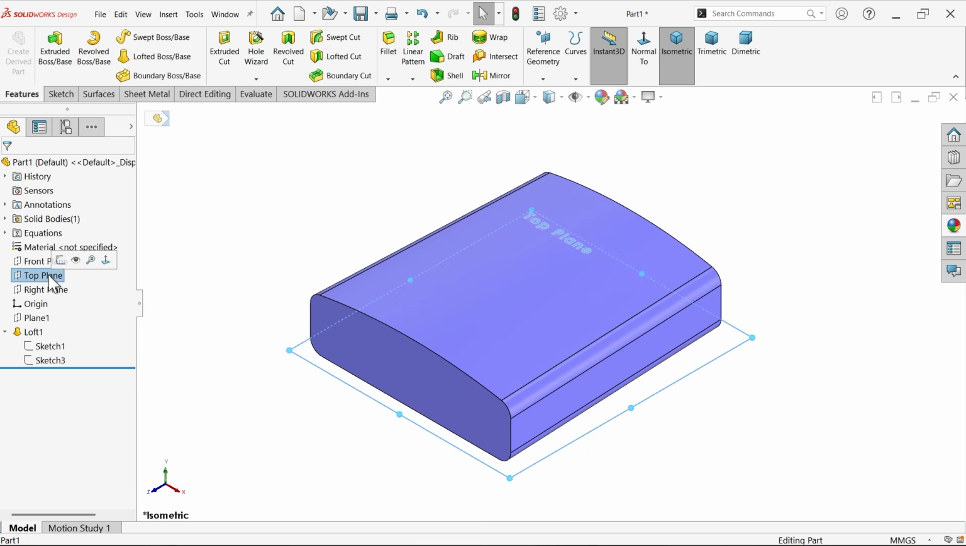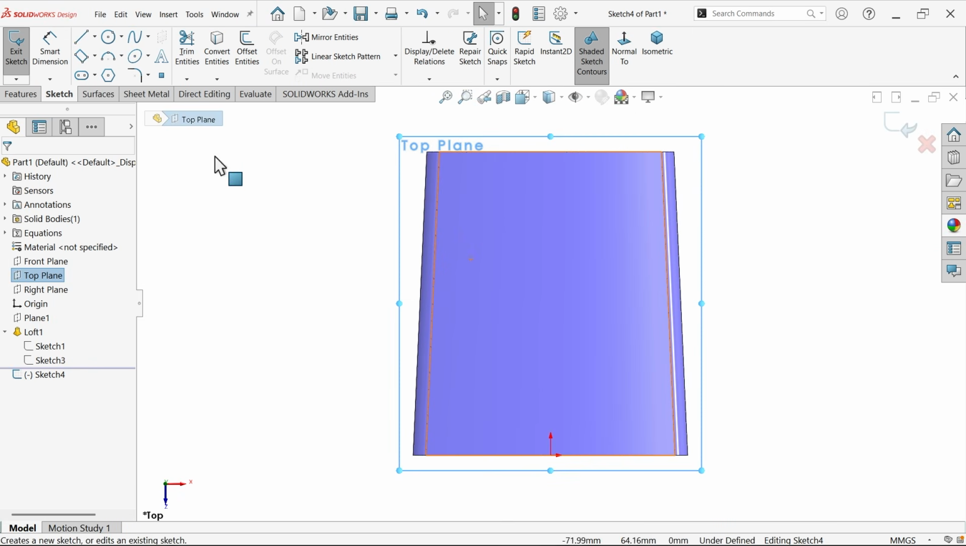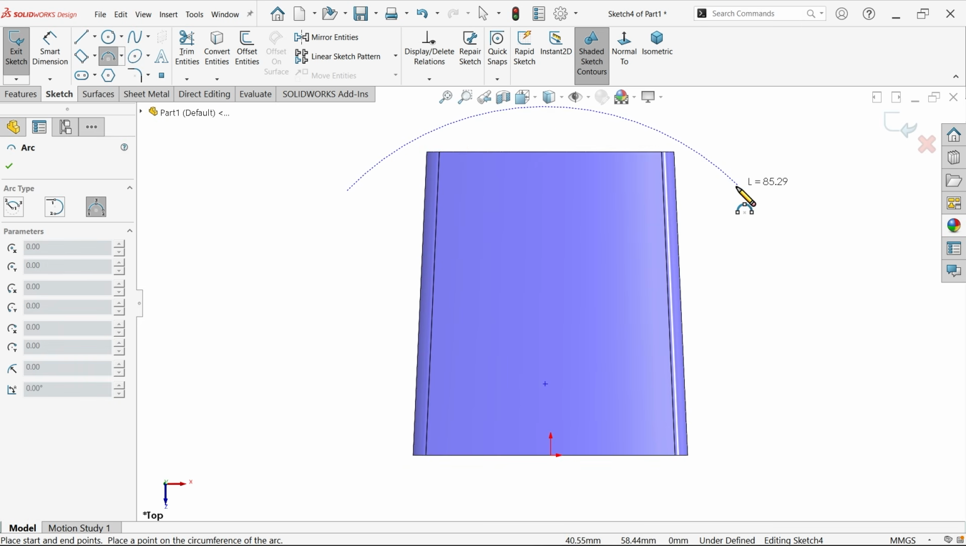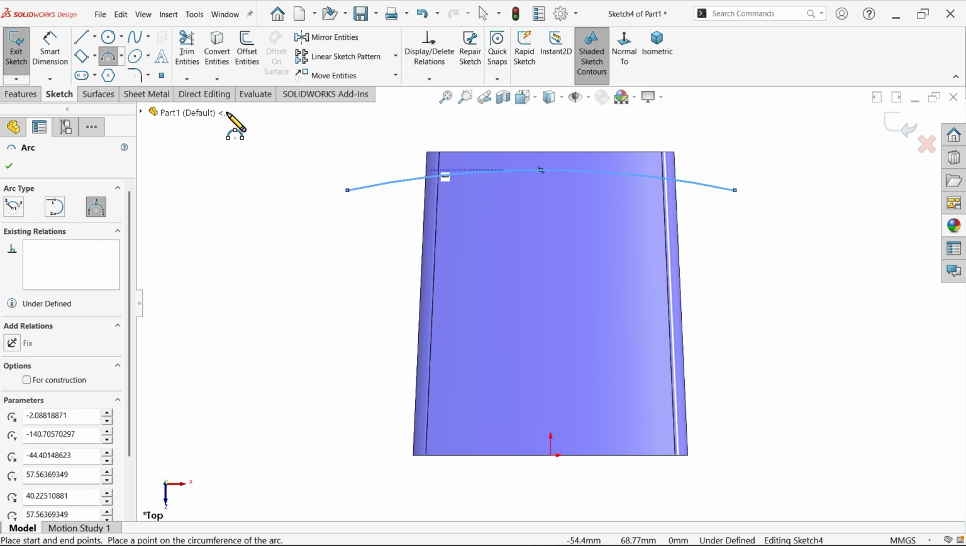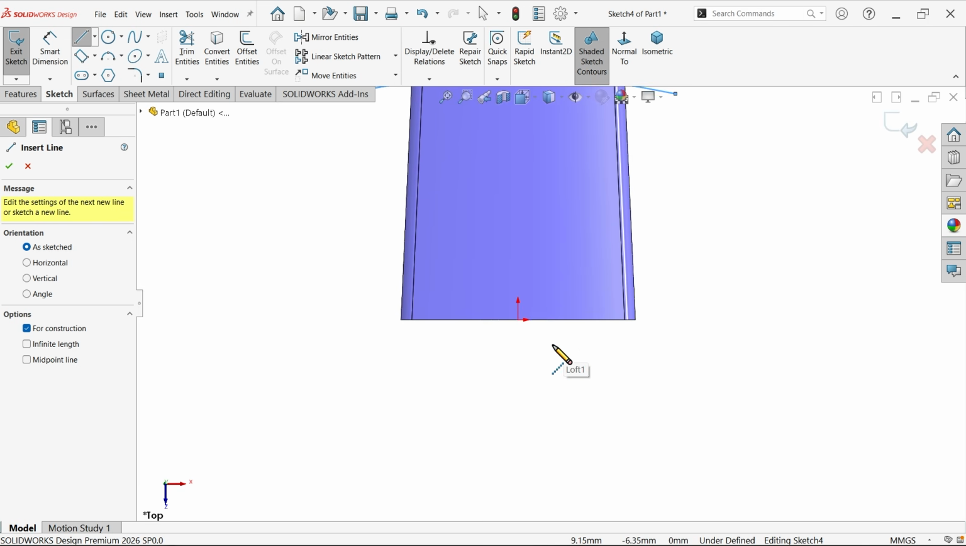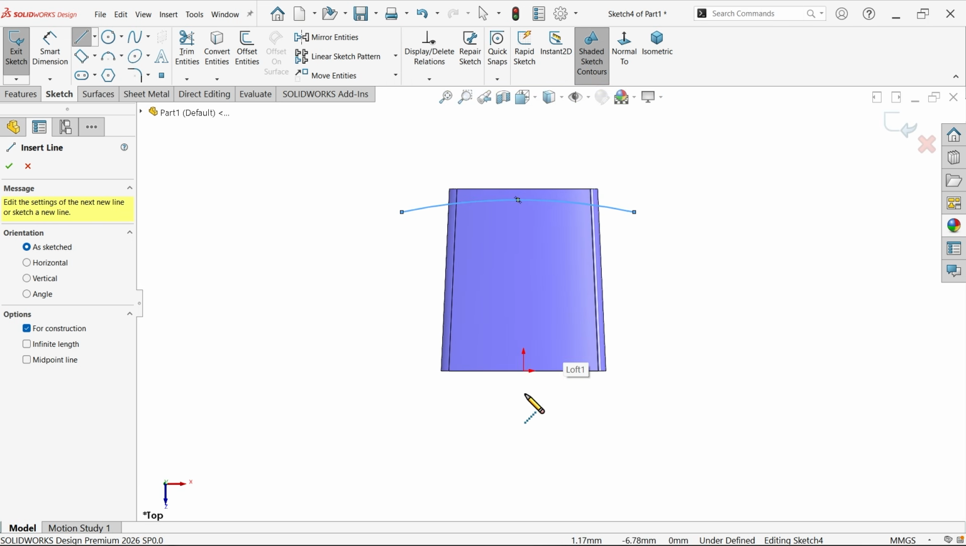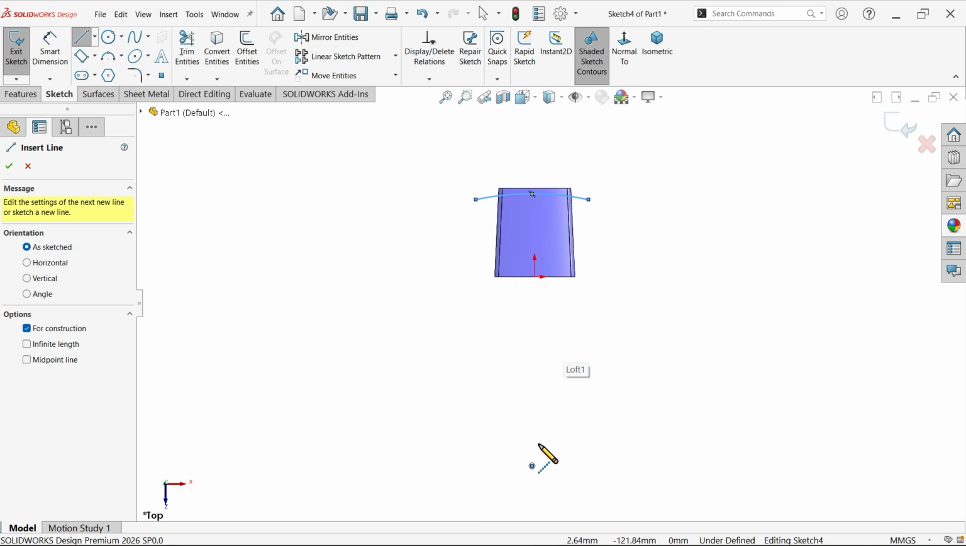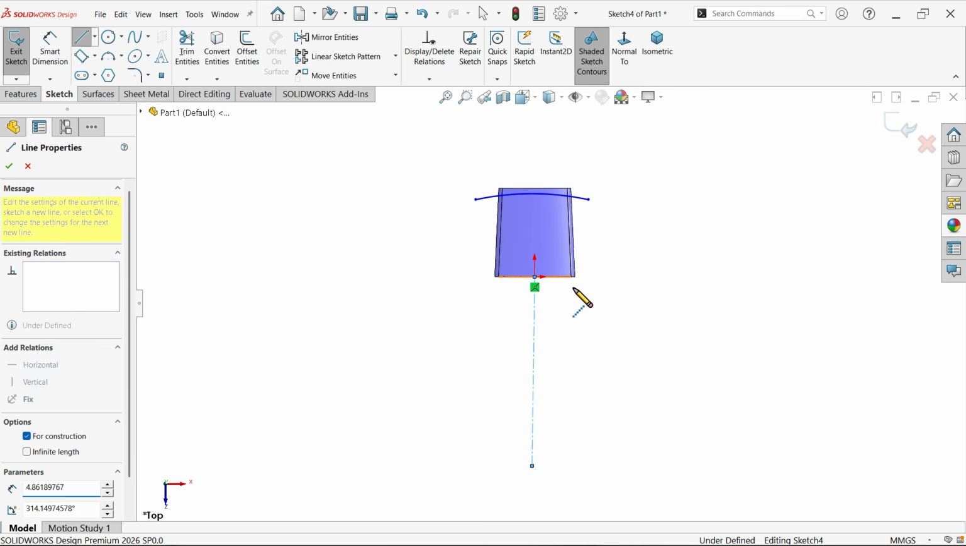Now top plane sketch, 3-point arc: first point, second point, third point. Center line. Now where is the center of this? See, this is the center point. Connect with origin point,